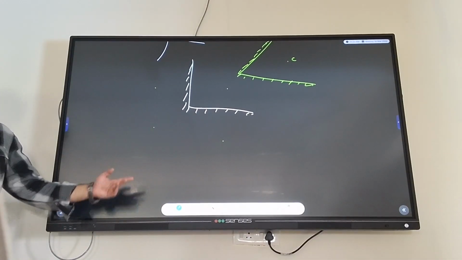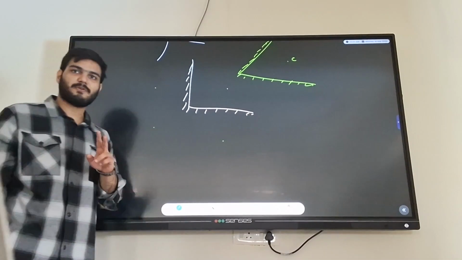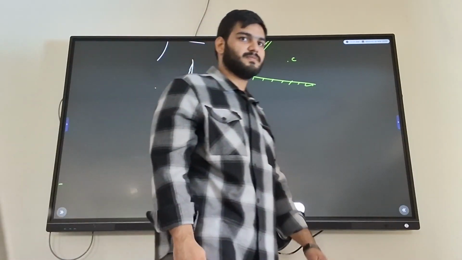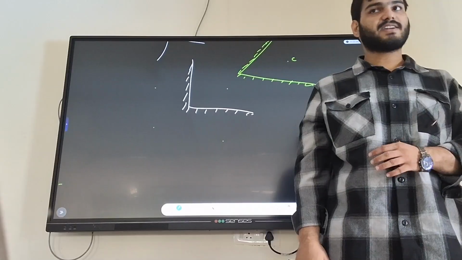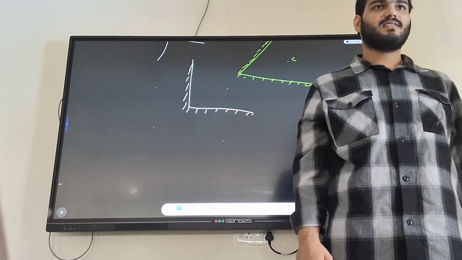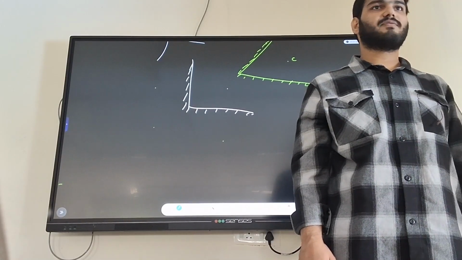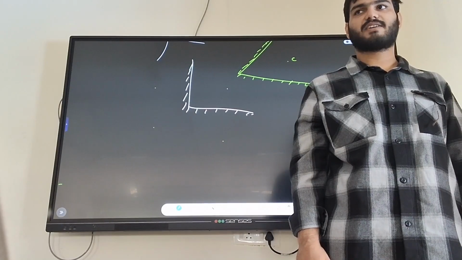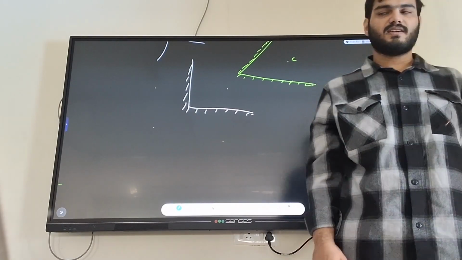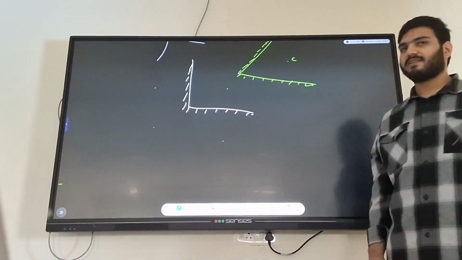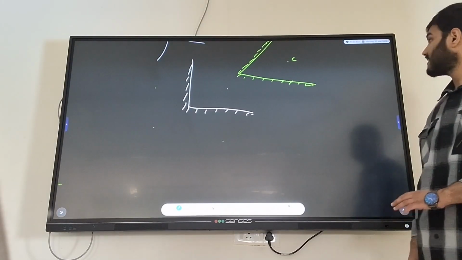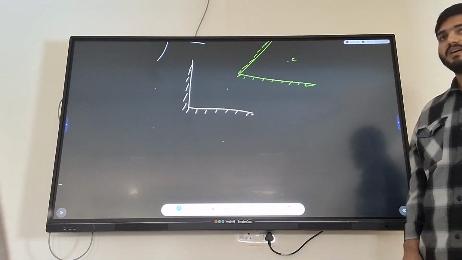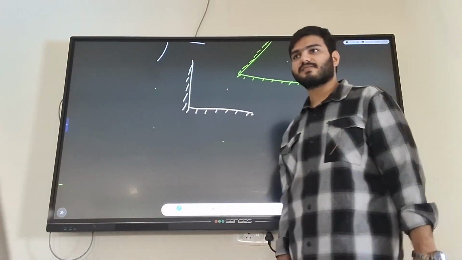Is it all good? I will discuss these two types of questions in the study hours, not now. Other than that, reflection is done. From next lecture onwards, we will start with something called refraction, and there I will introduce the idea of refractive index and all those things. So that's it for today. I'm not teaching anything more than this. If you have anything to ask, then please ask.